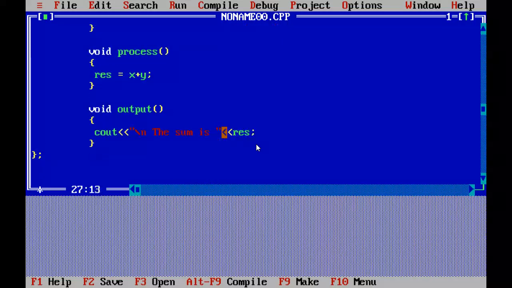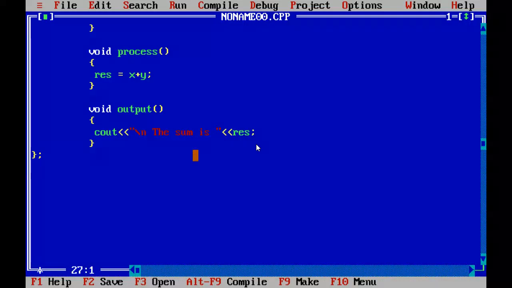So now after this, let me write the main function, that is void main. What we require in object-oriented programming is to create the class variable, or we can say an object. The name of the class is sum, and the name of the object I have kept as simple as obj. With the help of this obj, I can call any of the functions kept in the public scope.